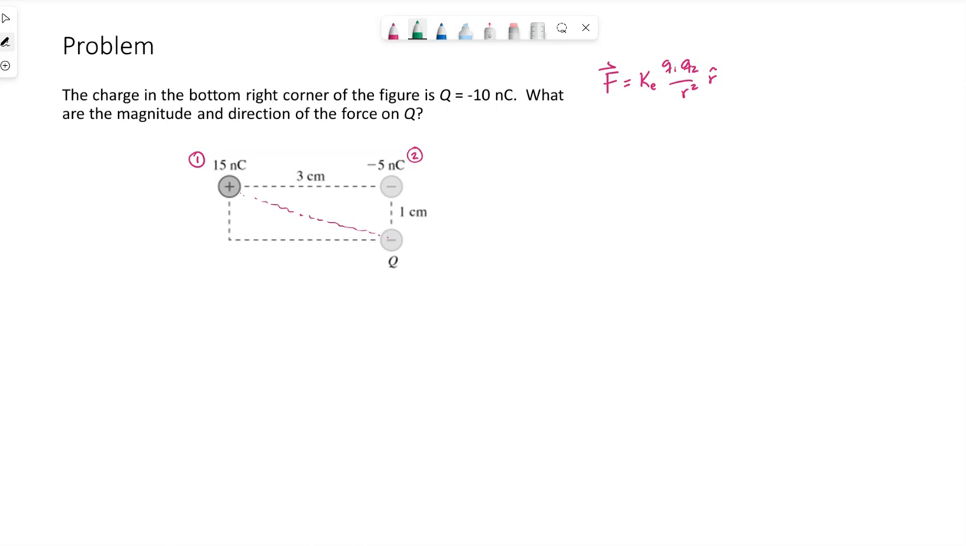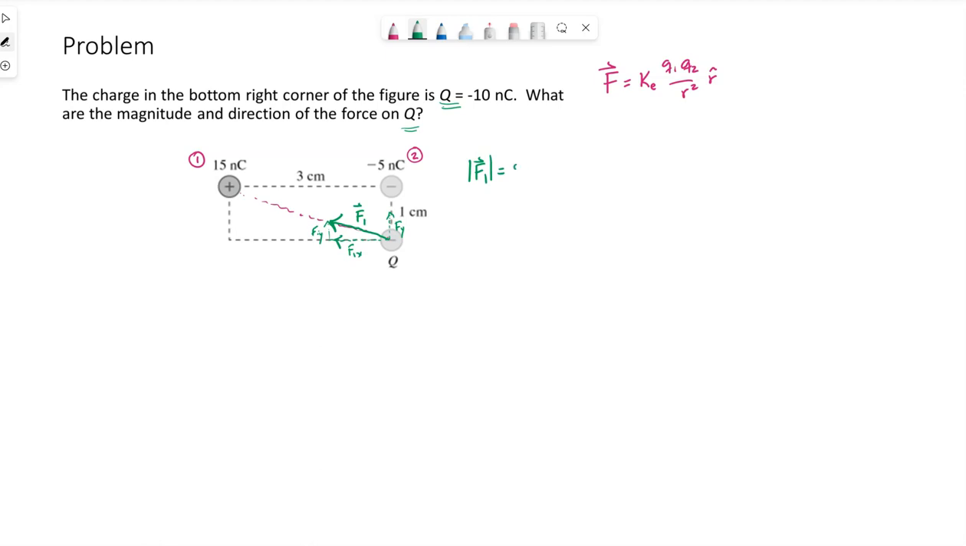I'm only going to draw the force that Q is experiencing though, because that is the charge we want to find the overall force on. This force, I'm going to call it F1, points directly towards that 15 nanocoulomb charge. So it has a negative X component and a positive Y component, which we could draw over here in our little triangle. So the magnitude of F1,